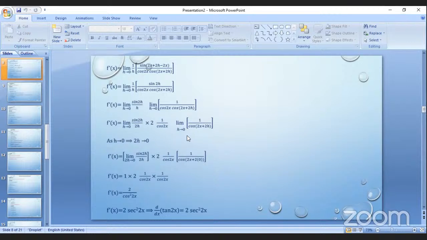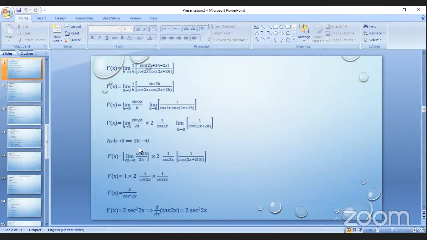Here apply the limit. h tends to 0, that means substitute h equal to 0 in 1 by cos of 2x plus 2 into h. Here 2 into 0. That implies f dash x equal to, observe this, it is in the form of, we